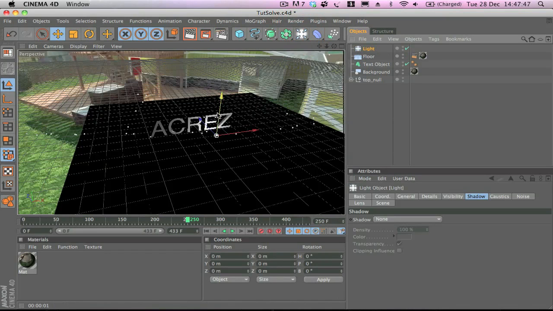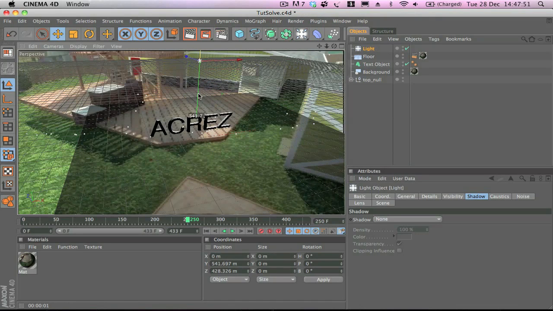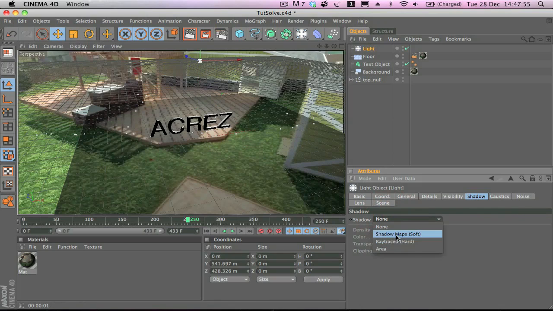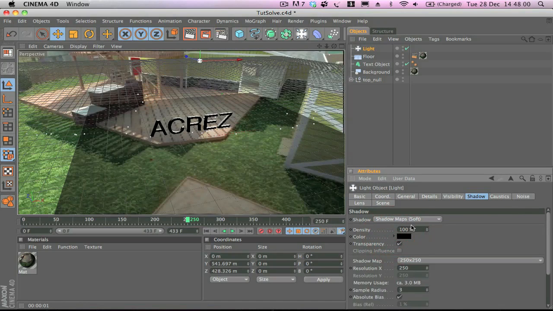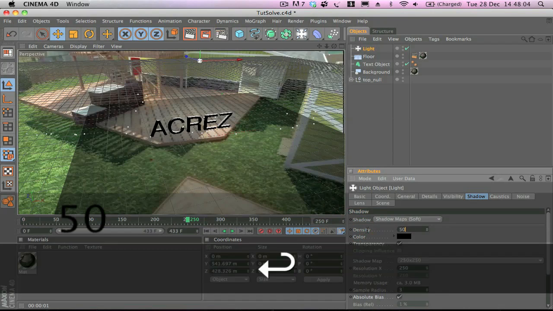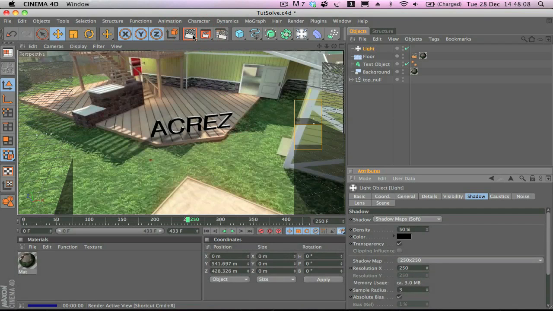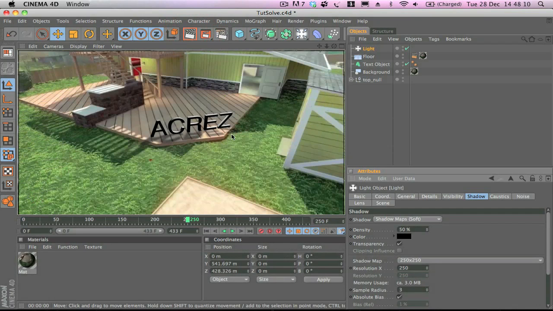So if we add a light now and move it up a little bit, and we go on the shadow of the light, change it to shadow map soft, change the density to around 50. Cool. And if we render now, you can see that we've got these really nice shadows,